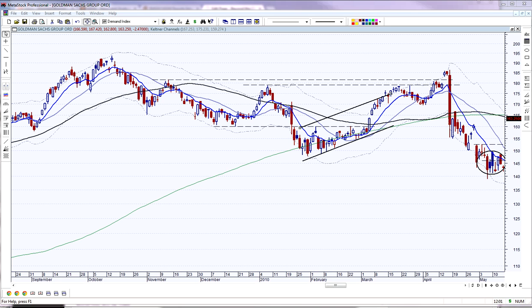How does support and resistance work? We're going to use Goldman Sachs and look back at late 2009 into 2010 and look at some of these support and resistance points. The first one, you can see what I do is I create dotted lines across the